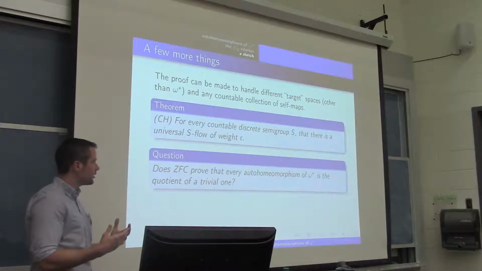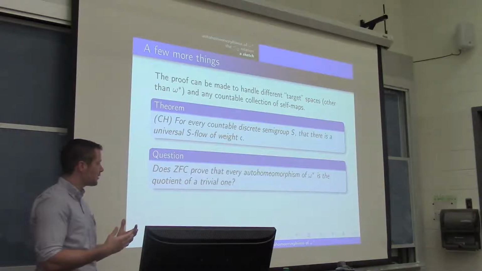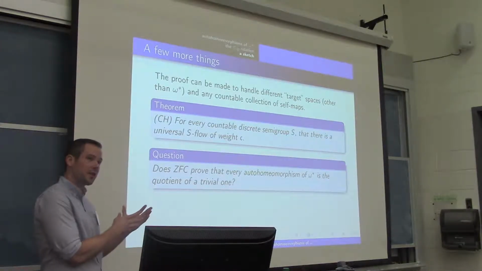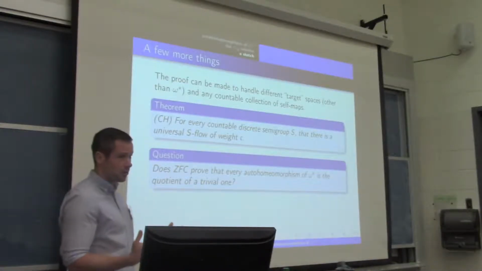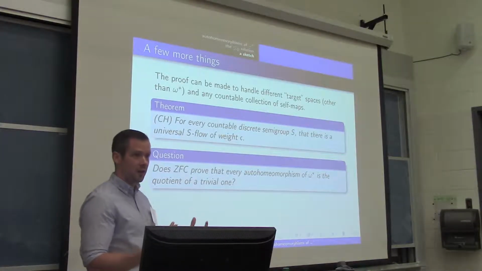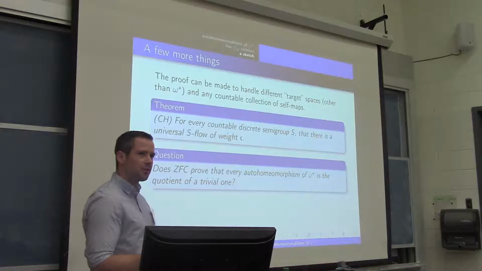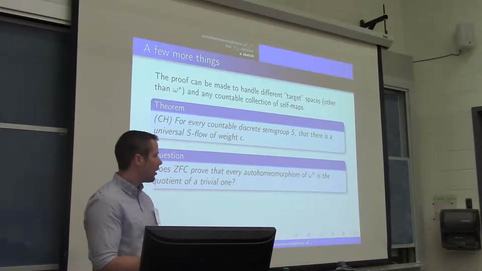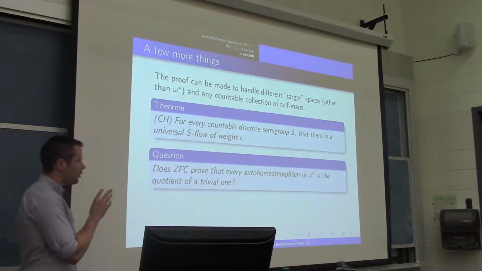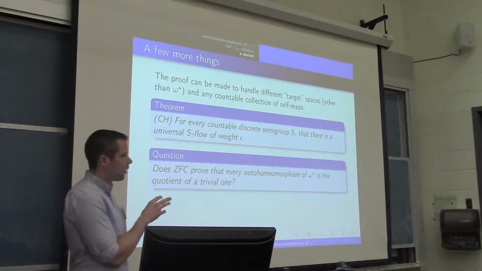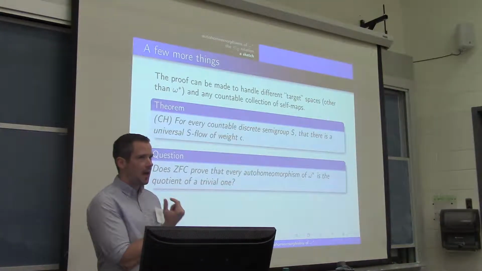And in both models, it's true that every autohomomorphism of omega star is the quotient of a trivial one. I just showed you why that's true under CH. And it's trivially true under PFA because there are no non-trivial autohomomorphisms. So the question is whether that can be proved in CFC. My hunch is no. But the reason I think this is an interesting question is because, on the one hand, the methods that we have for